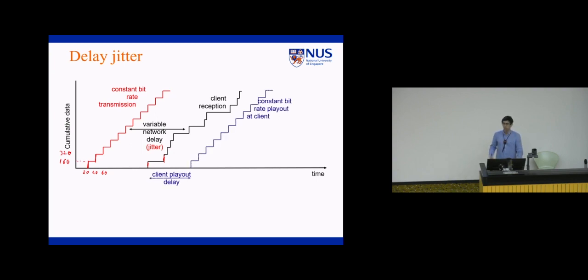So what we can do is, very similar to video streaming, we can introduce a playout delay to the client and play every bit a bit late. But again, as you see here, if I set the client playout too low, what happens is I will miss some of the packets because they will need to be played even before these packets arrive. But if I choose a very high playout delay, now this will distort the experience because